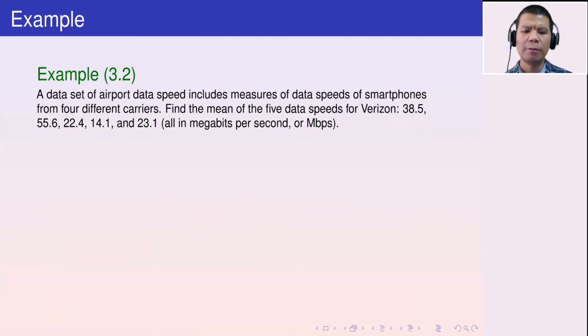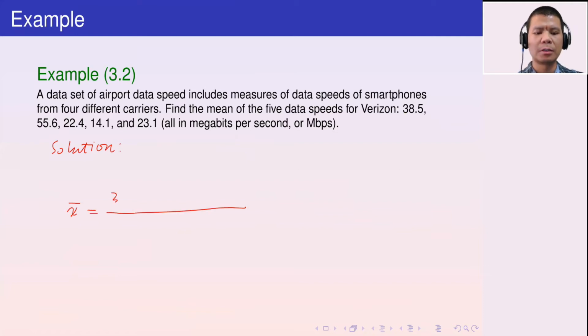carriers. Now find the mean of the 5 data speeds for Verizon. Okay, so these are given here. Now, what is the mean? Again, this is a sample data set, right? So we are again trying to use what? X bar. So here solution, we're going to X bar equals the summation 38.5 plus 50.6 plus 22.4 plus 14.1